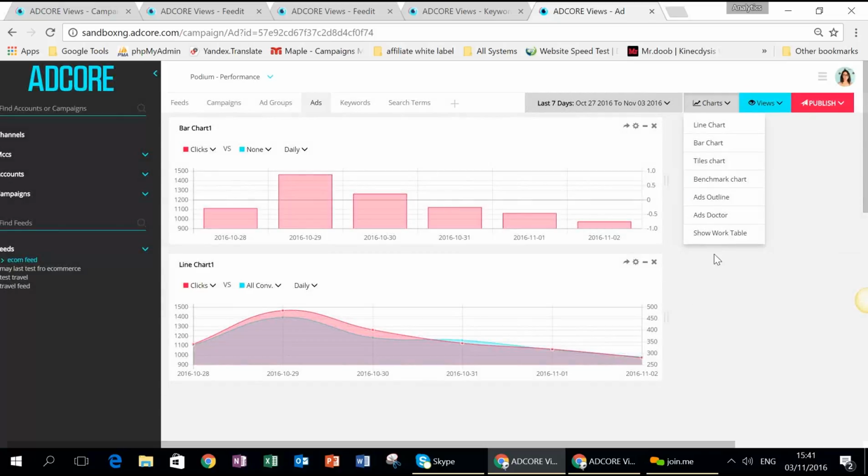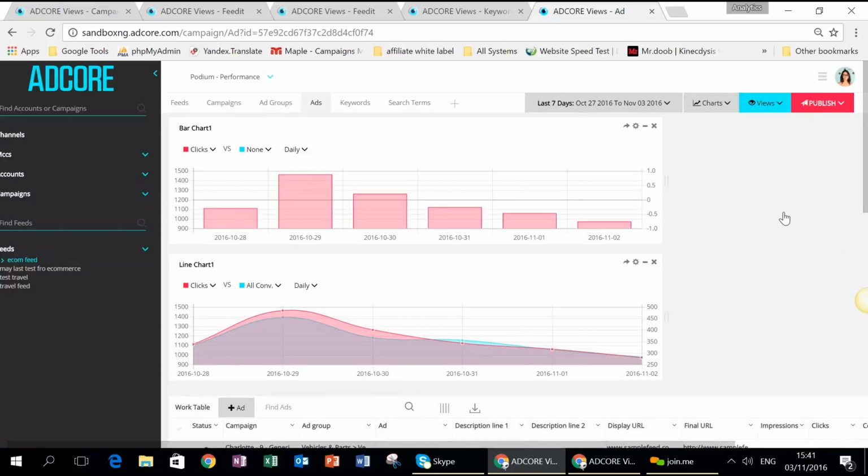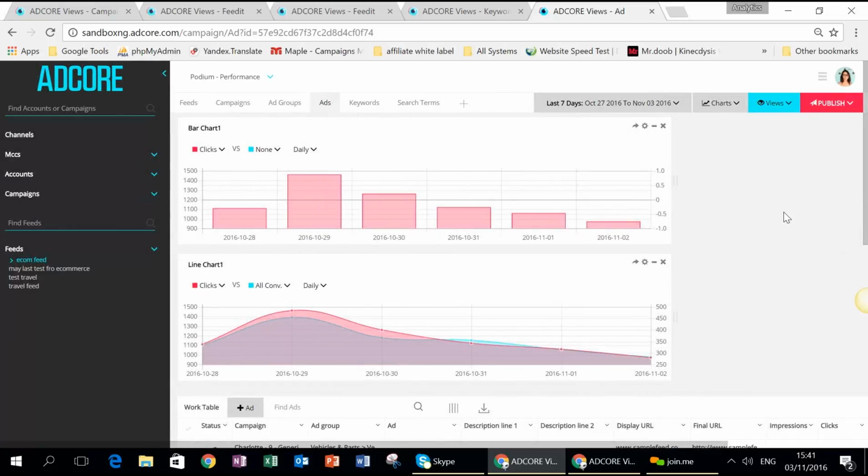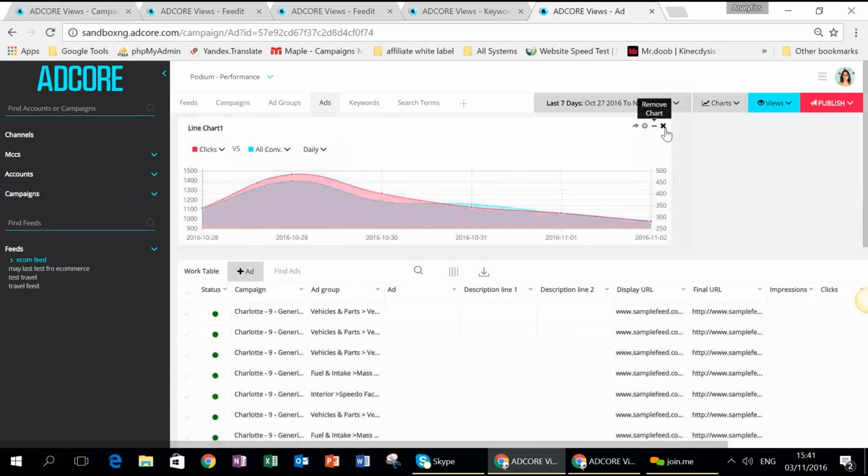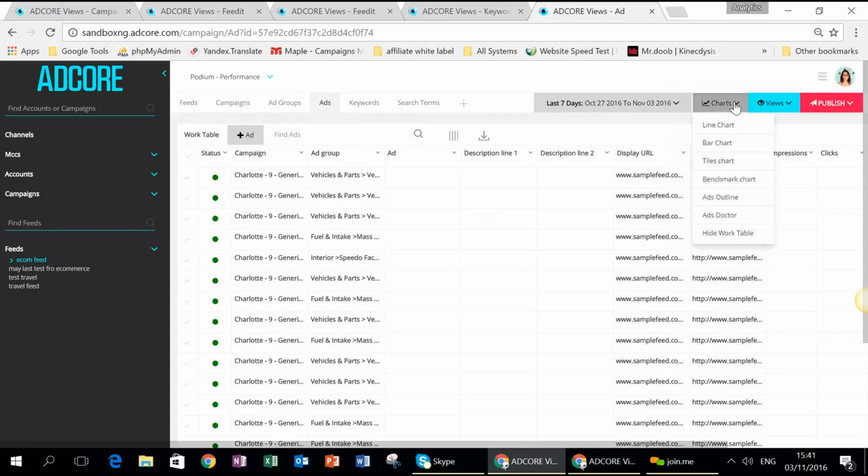Now we have added three main charts that are very, very important, that will help you to see the health of your campaign right away. So I'm going to just close that, and I'm going to show you those three. We have the benchmark chart. So when I click on it,